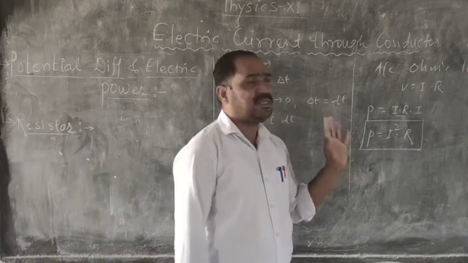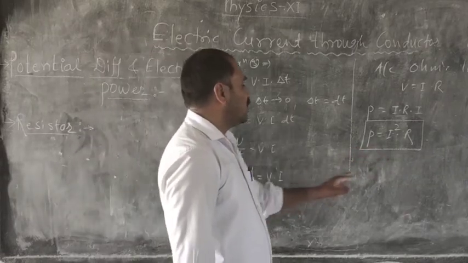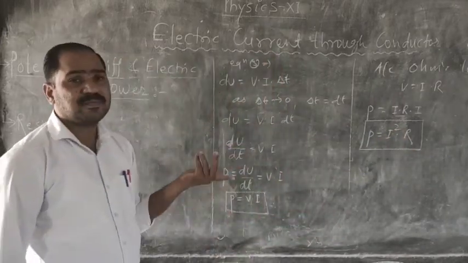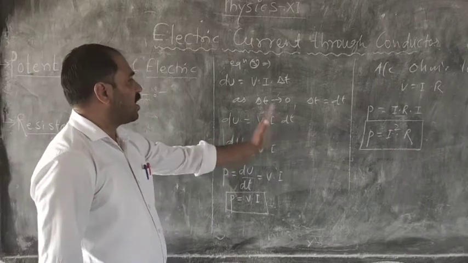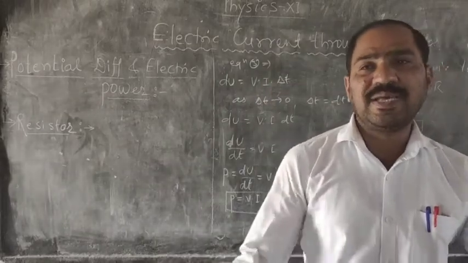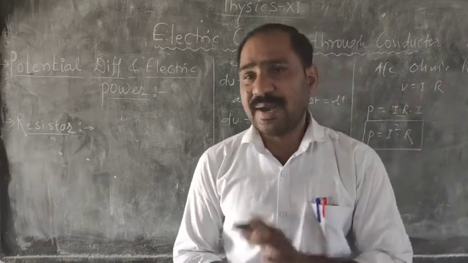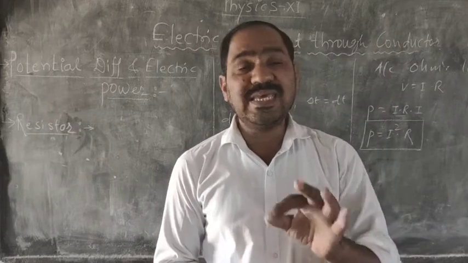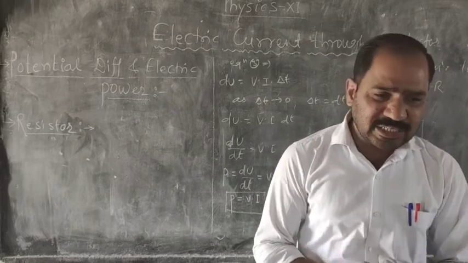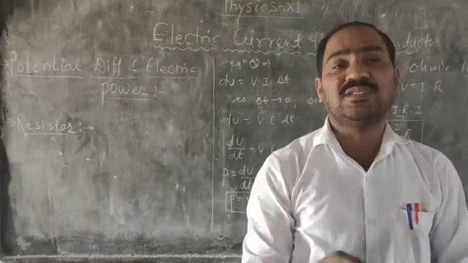So if you want to find the power in the electric circuit, you must use here P is equal to V into I, or here P is equal to I square into R. So these are the formula for the what? Electric power. So this is electric power and the electric potential. So we got here the two definitions. Difference in the potential at the two terminals of the resistor is called as the potential difference. But here I use here the word EMF, electromotive force, but it is not actually the force, it is the energy. So energy provided by the cell in the electric circuit to circulate the charge once around the circuit.